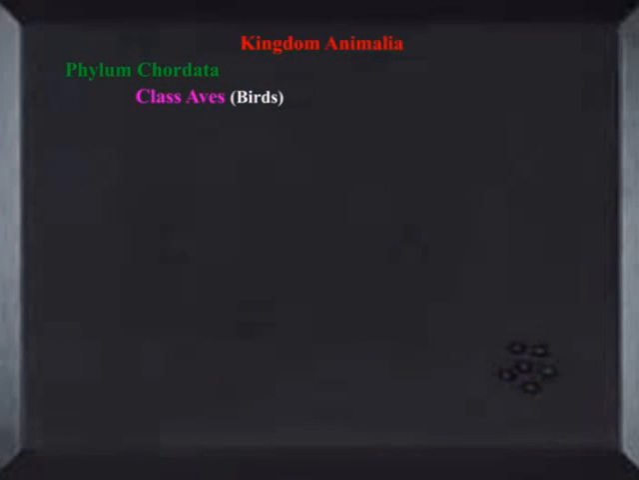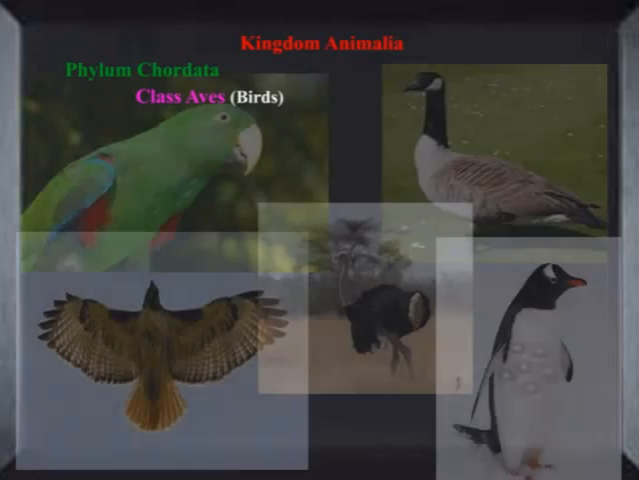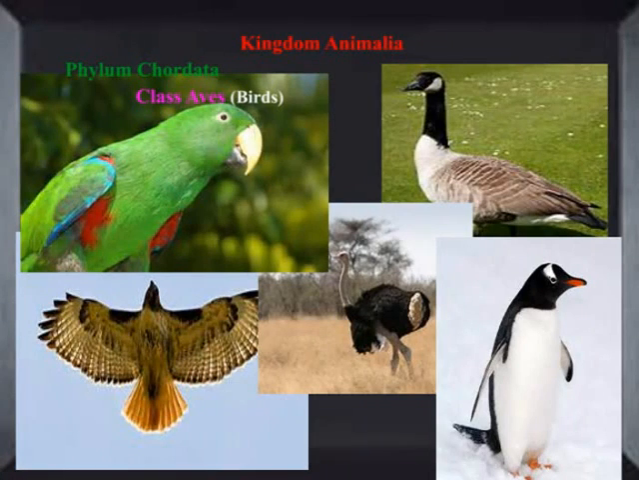Next is class Aves. Class Aves comprises the birds. Common birds include the chicken, dove, weaverbird, hawks, eagles, turkeys, goose, and so many others. They are terrestrial and arboreal, while some have adopted an aquatic life. General characteristics: